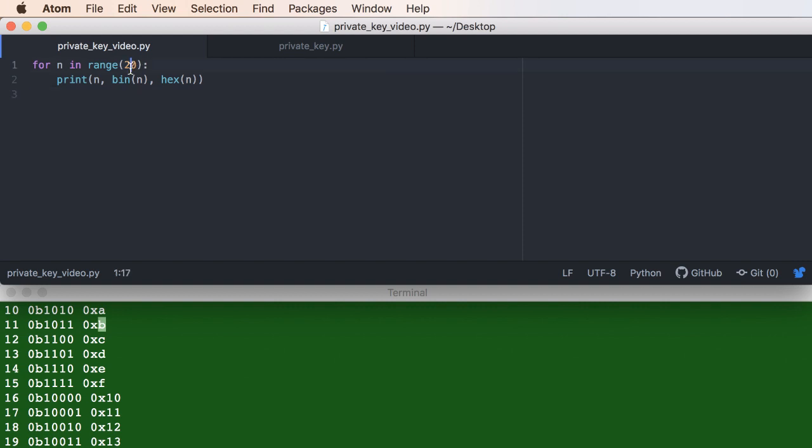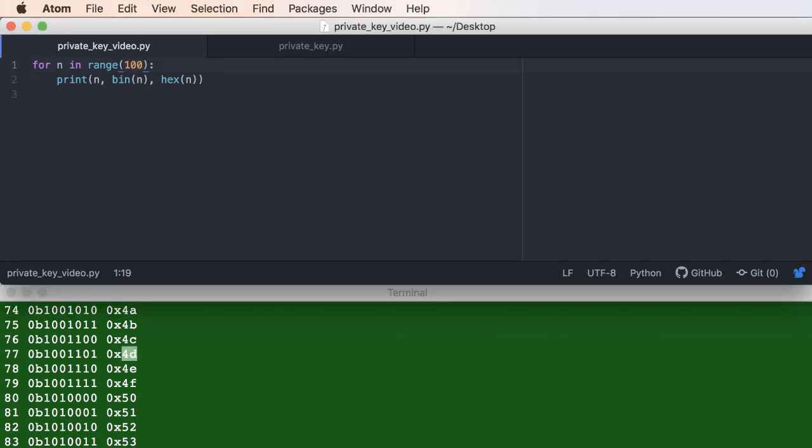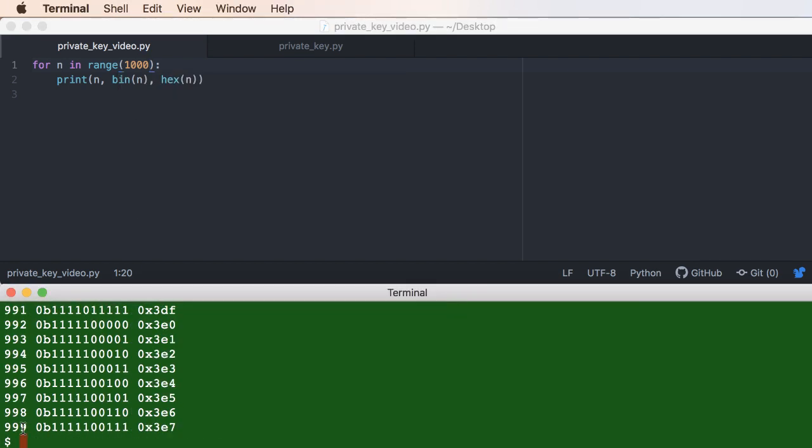And if I go up to, let's say 100 here, let's look at the first 100 integers. Then, for example, the 77th decimal is represented as this sequence of zeros and ones in binary, and in hexadecimal it's 4D. It's also 2 characters. And if we then go up to 1000, let's look at the first 1000. The number 969 in binary is already a pretty long string, and a bad example because in hexadecimal it's also still just 3. So let's go up to